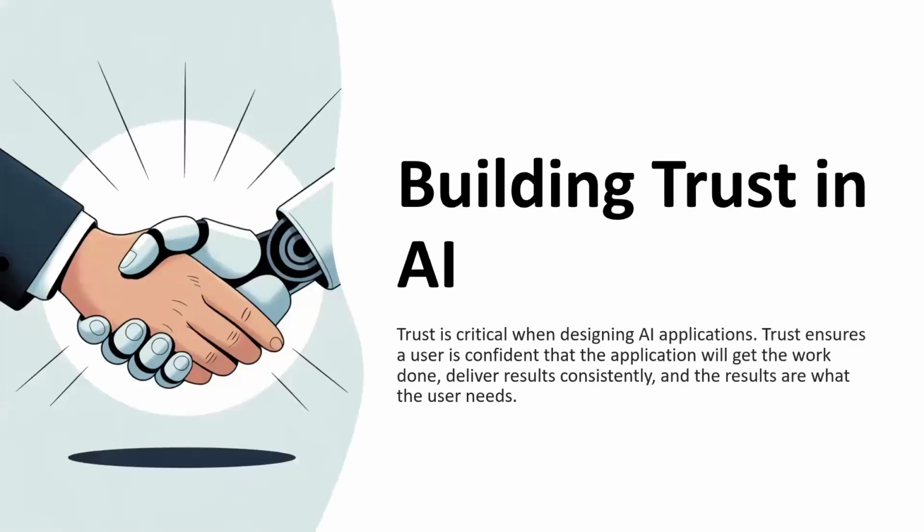And then we also now look at building trust in AI. Trust is critical when designing an AI application. We ensure that our users trust and have confidence in our application that it will deliver the work that is done and needed it to do consistently. So we need to build and design with that in mind, and this just basically means you have